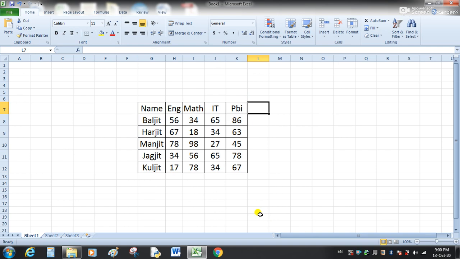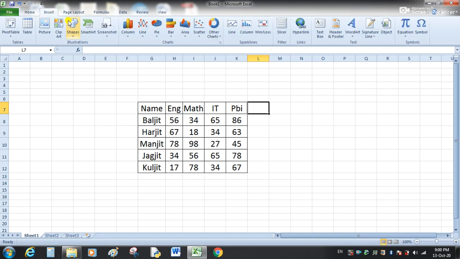Chart is the pictorial representation of data. When we put our cursor here, this window is called the tooltip window. It gives the description about the tool.